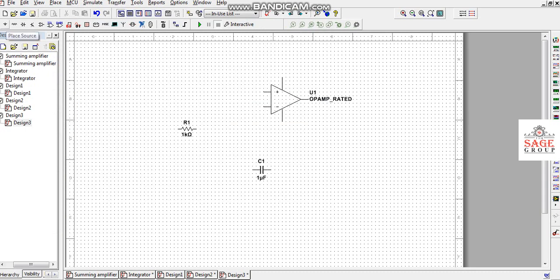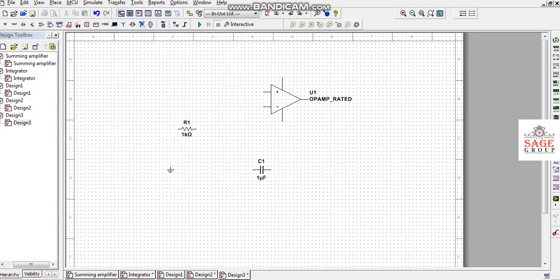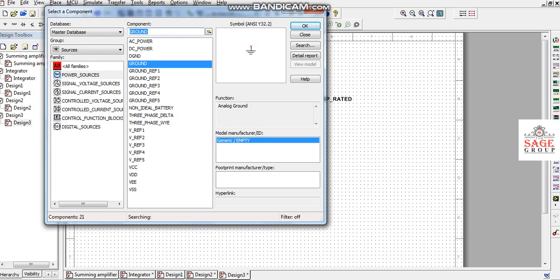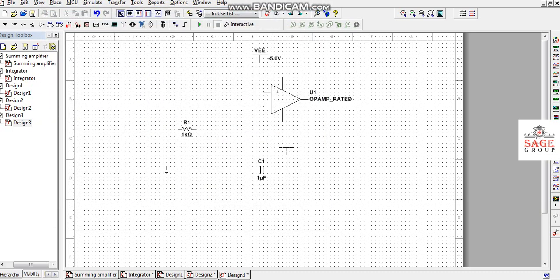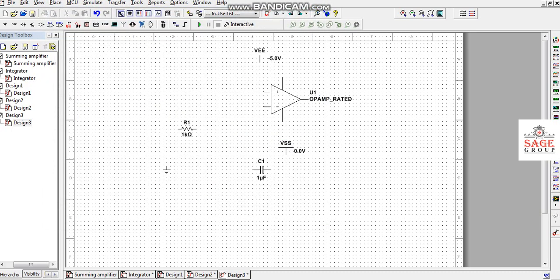Then I will require different power sources: ground, VEE and VSS. So in this way I have placed all the components required to make the integrator circuit in the circuit window.